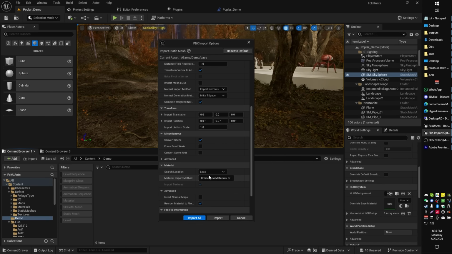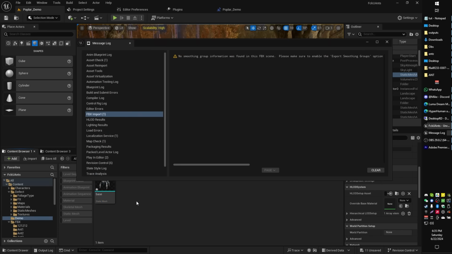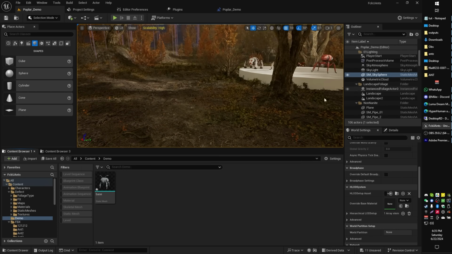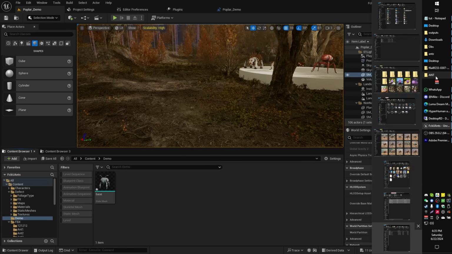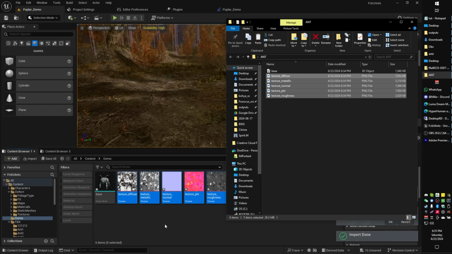Now, normally this creates materials, though today it seems to be having a weird little issue where it's only bringing in the base FBX model without the textures and stuff. I'm not sure. I've been troubleshooting this for a while. The other day this was working perfectly, but you know what? That's okay, because we can easily fix this ourselves just by grabbing the textures and dragging them also into the